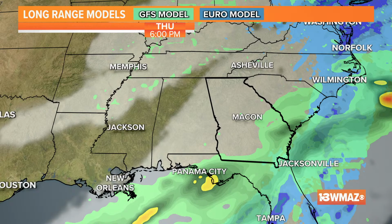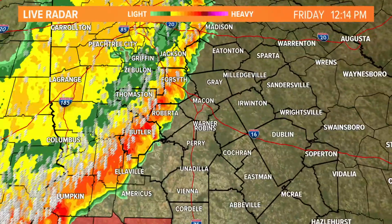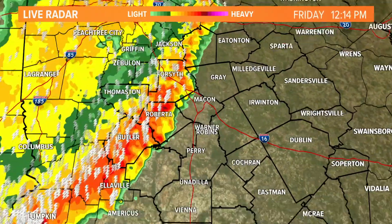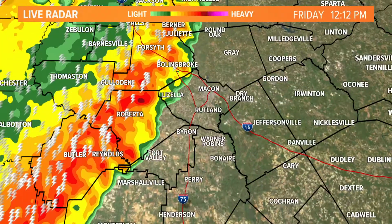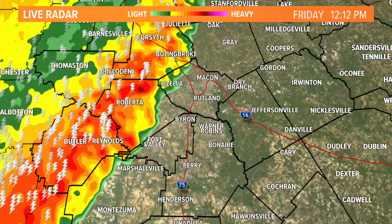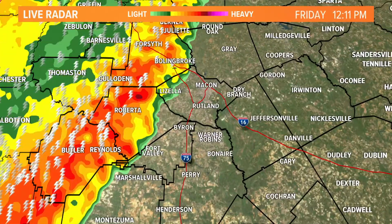So again, you probably will be seeing some crazy clouds if you live anywhere east of where this storm system is now. Again, that storm system has already made its way through Monroe, Crawford, and Taylor counties. It's knocking on Bibb County's doorstep right now. So Lizella, you're next in this line. Bolingbroke, you are already in the line of fire. Fort Valley, you're up next. Marshallville, Byron, Montezuma. Next will be Houston County and Jefferson County, and so definitely keep an eye out for this